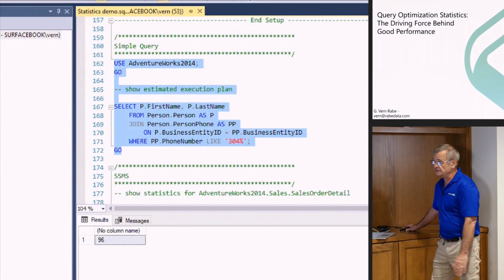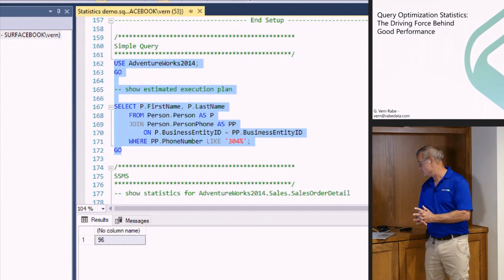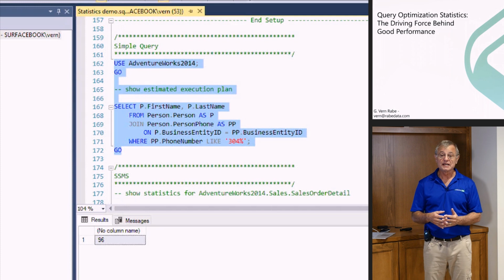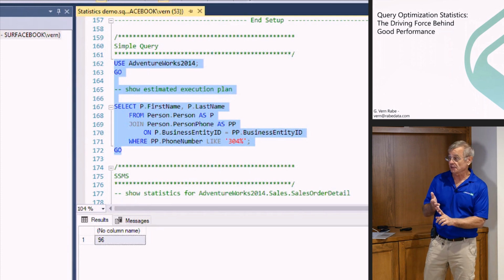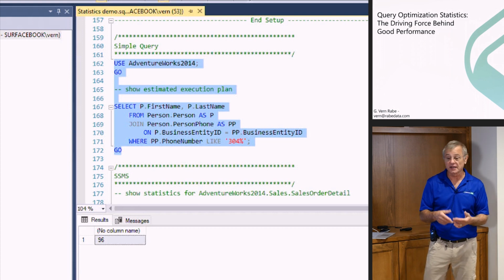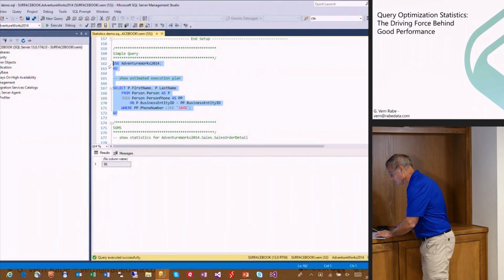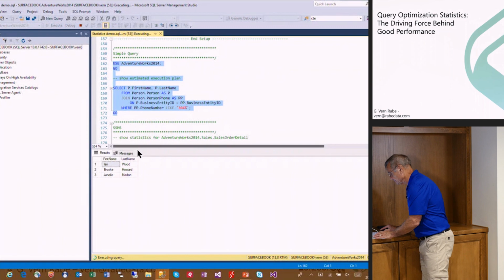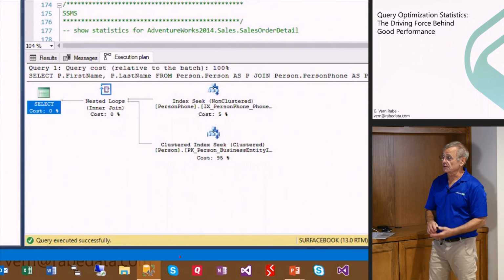And the query that I'm going to execute here is simply a join with a Person.Person table and the Person.PersonPhone table, and I'm looking for any person whose phone number starts with 340. So there's a single predicate, that's the where clause down at the bottom, a single join predicate, and a two table join. Really quite simple. When I execute this and take a look at the plan, I need to turn on actual execution plan, and then we'll execute it. A couple of things to note here. First of all,